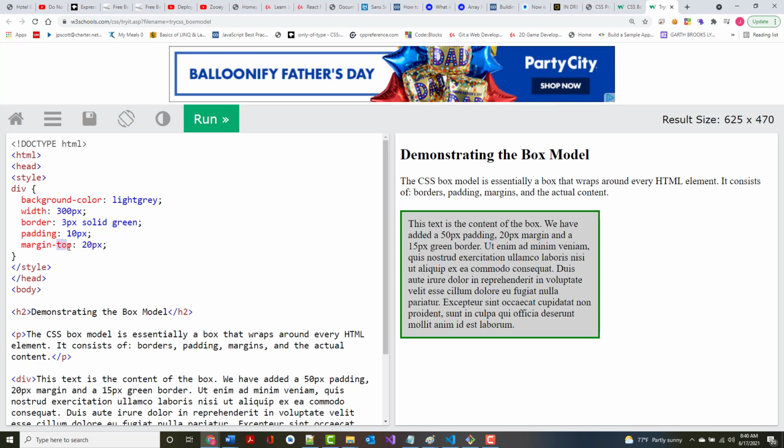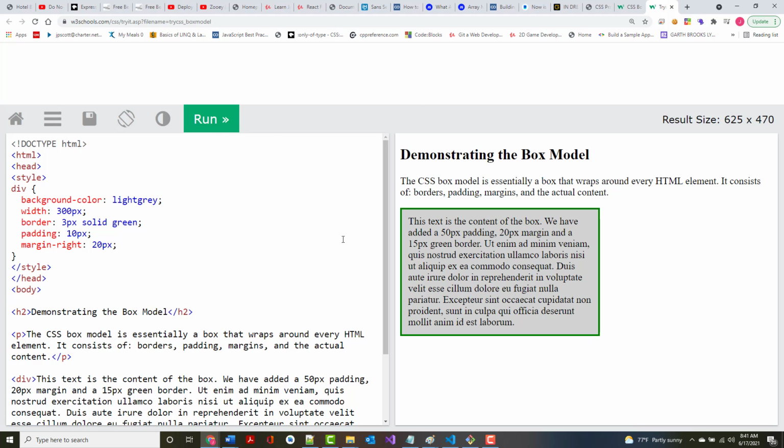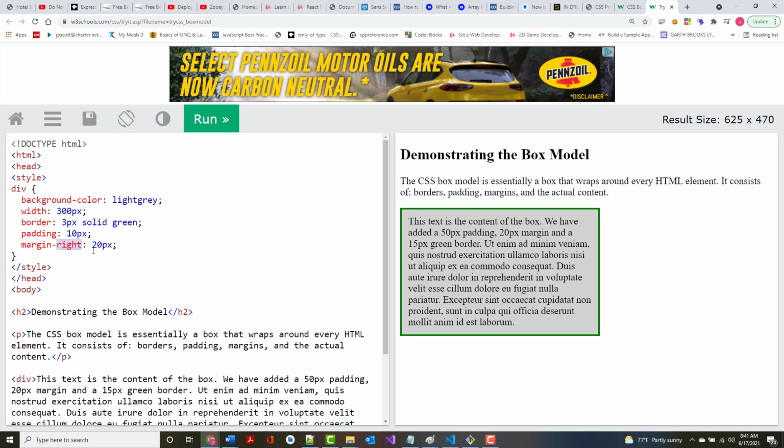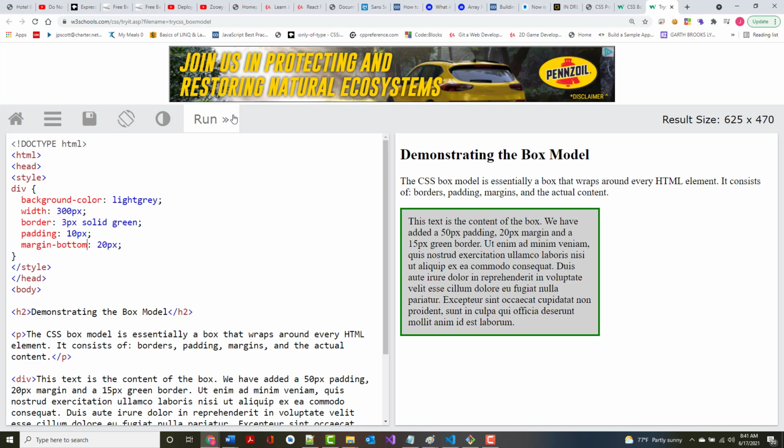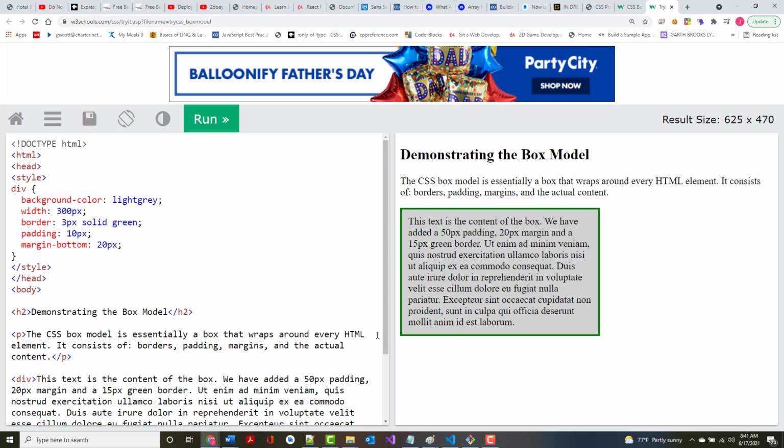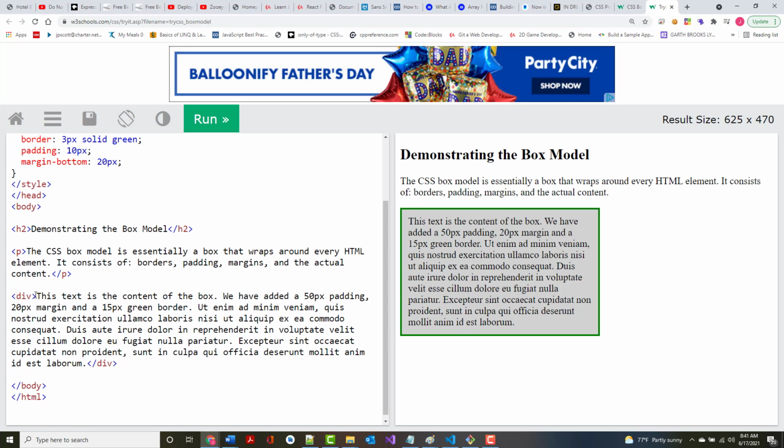I can do a margin right. You won't see that on here because we don't have content right here. But I could put margin right, 20 pixels. All right, it did move it, but it got rid of the margin we had there. Now I can say margin bottom, but again, since we don't have any bottom content there, you won't be able to tell. See that? But if we came down here and I grab this right here,